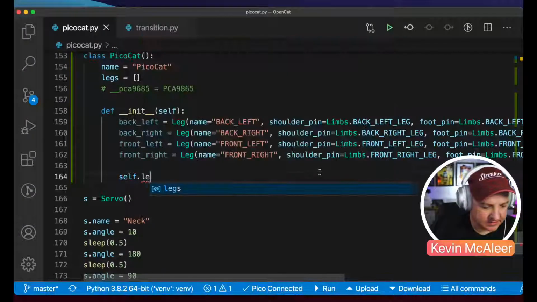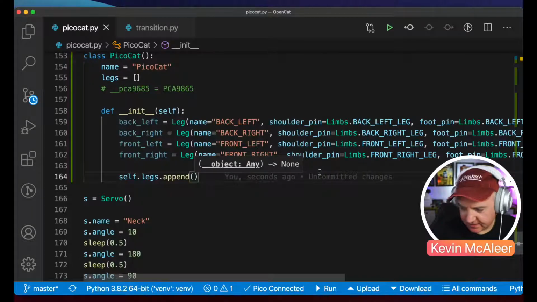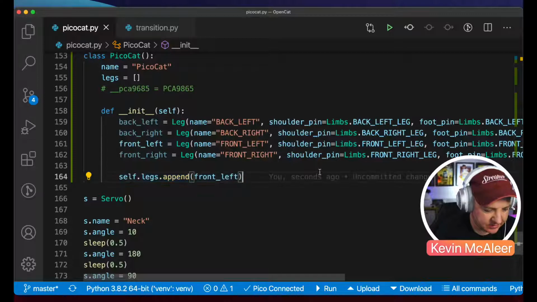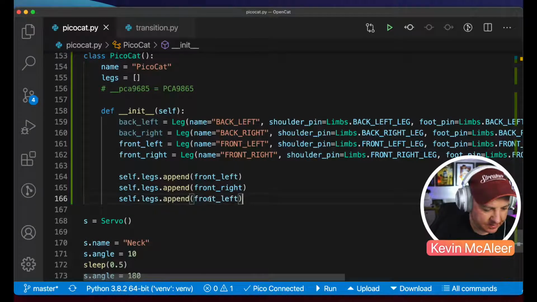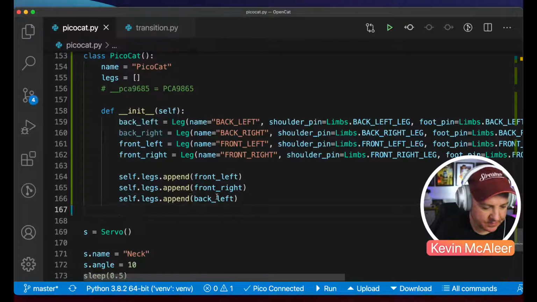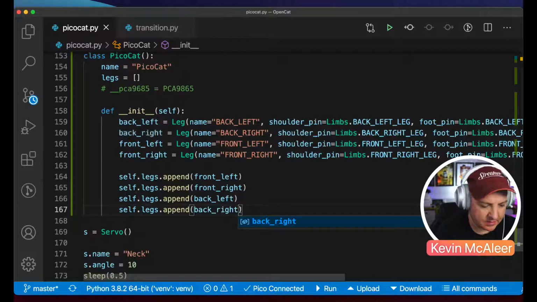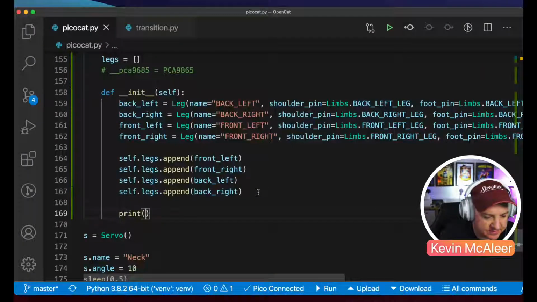is self.legs, which is the name of our array, and we just need to append to that these things that we've just created, which is the front left. Let's grab, that should be front right. Then we want back left. And then we want back right. Okay. And then at the very end, we just want to say print